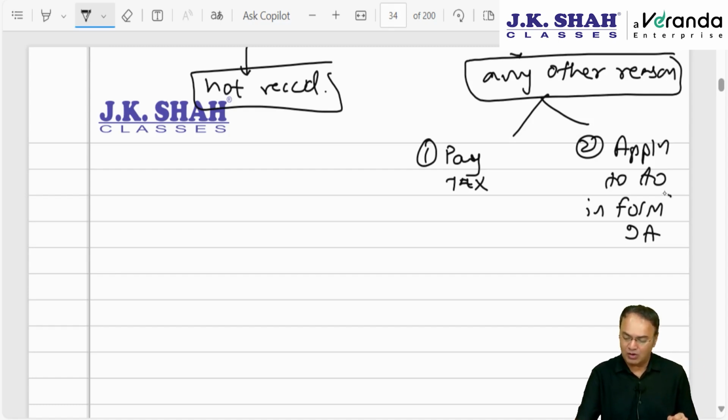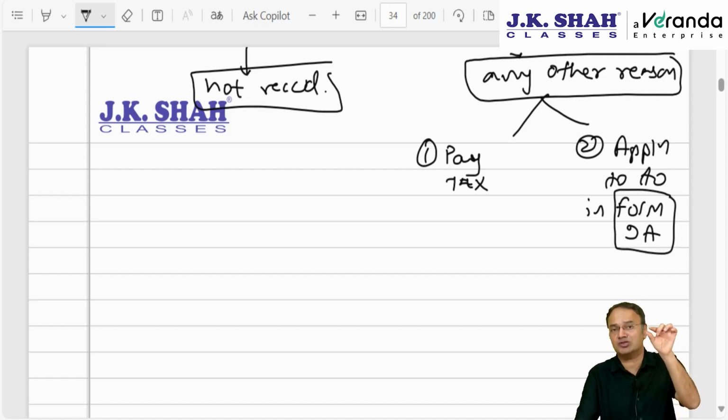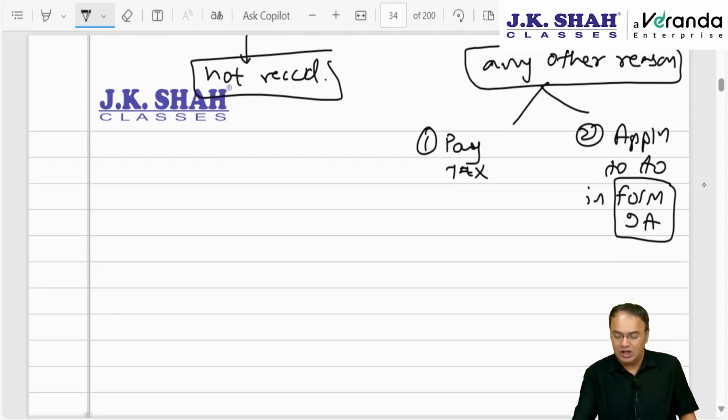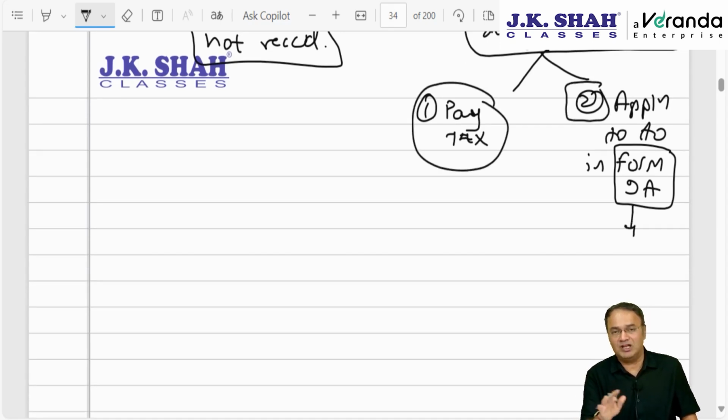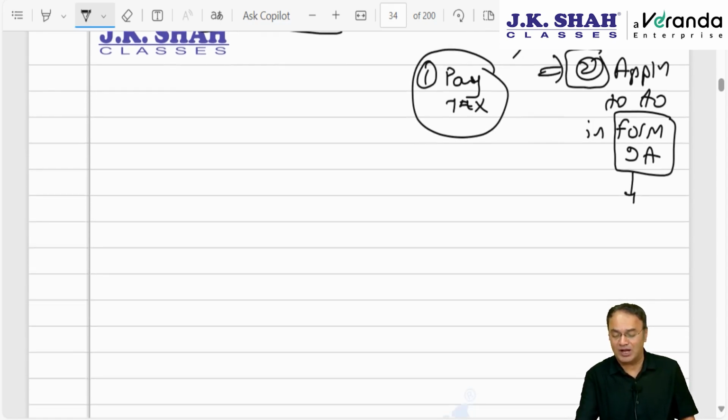Make an application to the AO in Form number 9A and clarify that this much amount we could not spend in the current year, we will spend it in the next year towards the approved object, and that much amount which is mentioned in Form number 9A, even if not spent in the current year, will be considered as application of income towards the approved object in the current year itself and will be allowed to be deducted. If this option is exercised, either you pay tax. If you are paying tax, then you pay tax as per slab rate or whatever is the rate applicable, matter over. If you exercise the second option of spending next year, and if you don't spend next year,